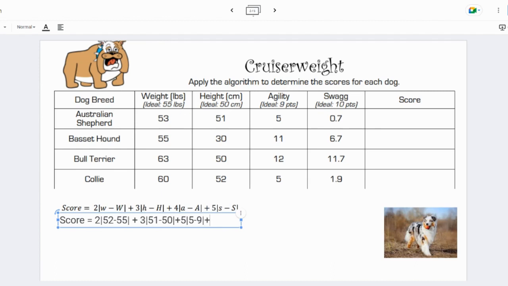and then plus 5, it's the important one, the swagger score, 5 times 7/10 minus 10. All right, so what we're going to do is treat the absolute value symbols just like parentheses. So I'm going to write the score equals 2 times the absolute value of 53 minus 55. And when I plug that into my calculator, I get -3. So the absolute value of -3, we'll talk about that in a minute,